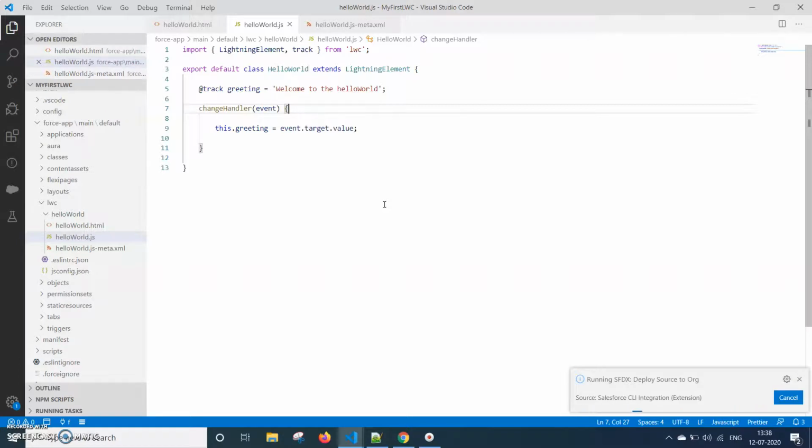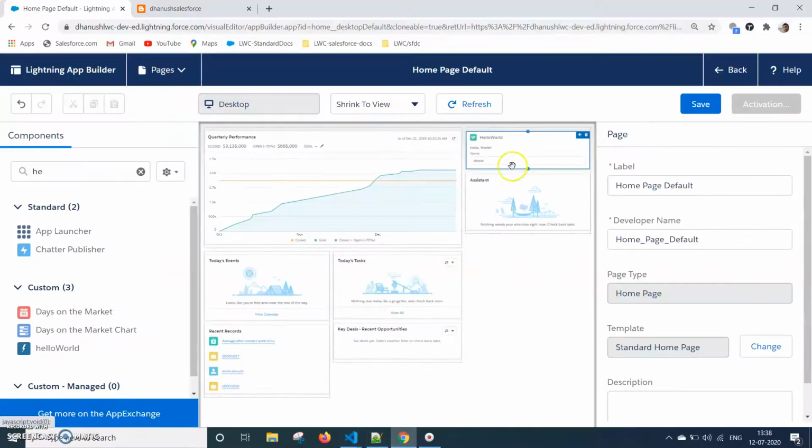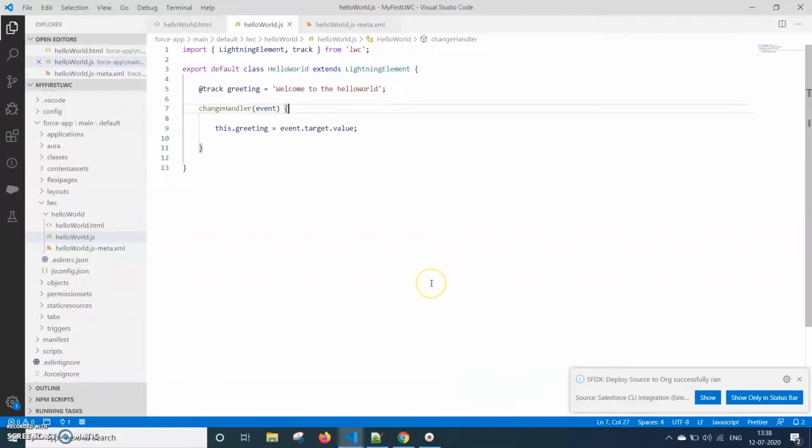Once it is deployed in the Lightning component, you can see this message instead of world. Here you are watching world. This should be replaced with our message that we have changed, welcome to the Hello World.